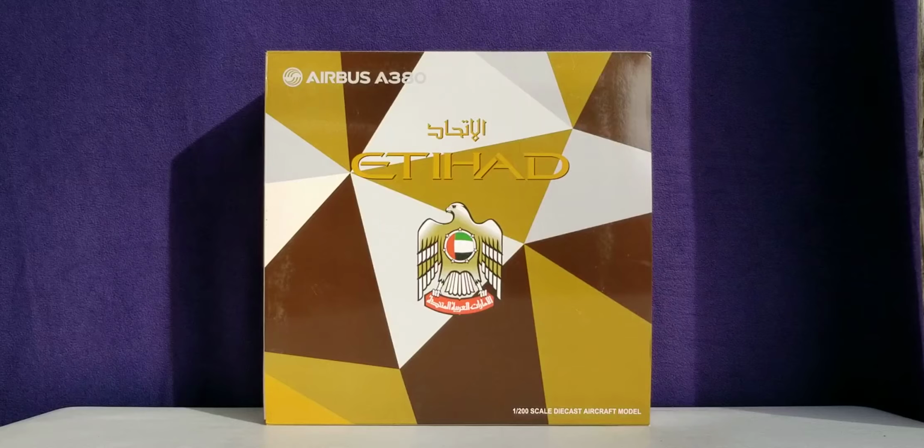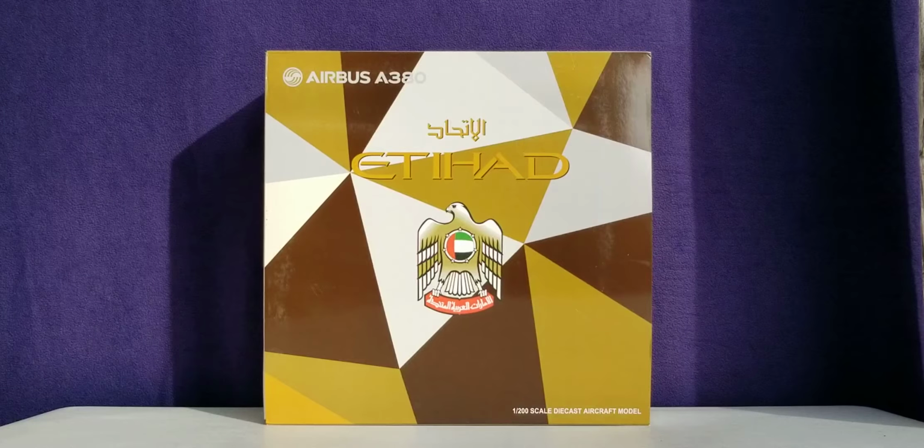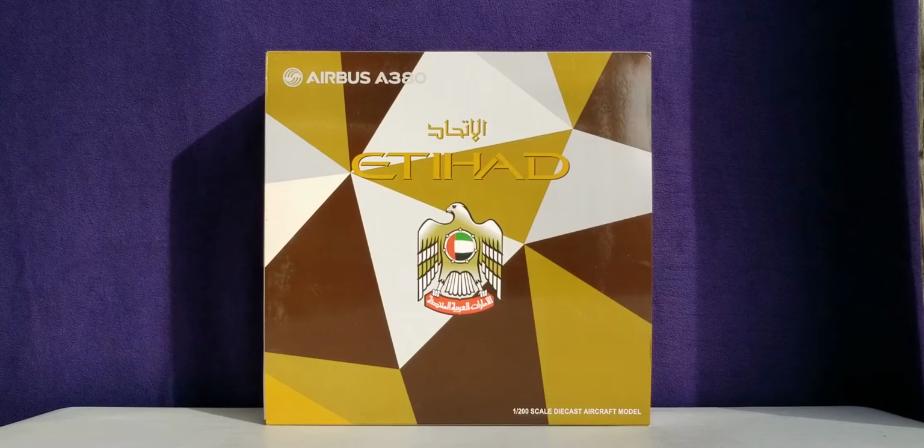Today I'll be doing a review on the JC Wings Etihad Airways Airbus A380-800 in their commemorative 2018 Year of Zayed customized livery scheme in a 1/200 scale model. I purchased this model from Waffle Collectibles, whose store is based out of the Los Angeles suburb of Riverside, California, here in the United States of America, and its website address is